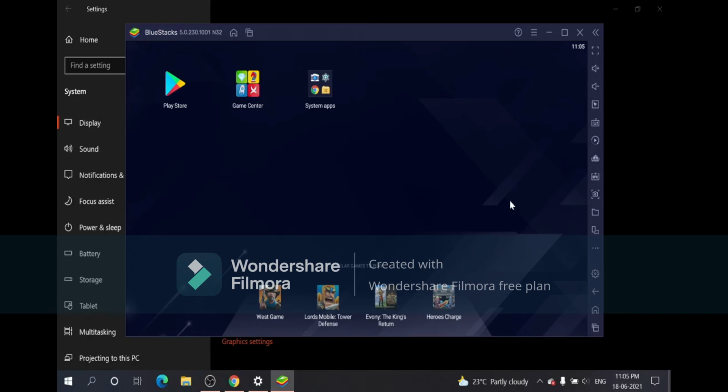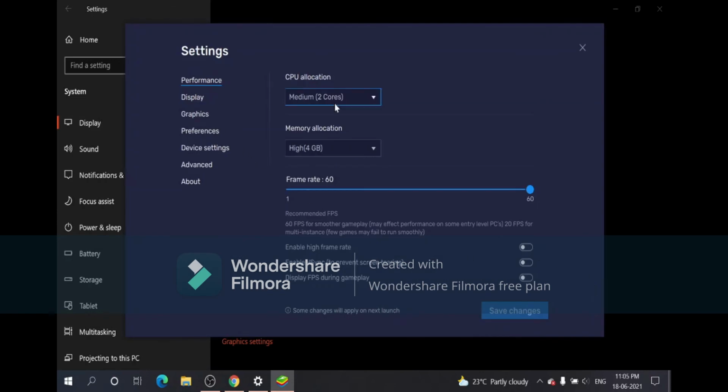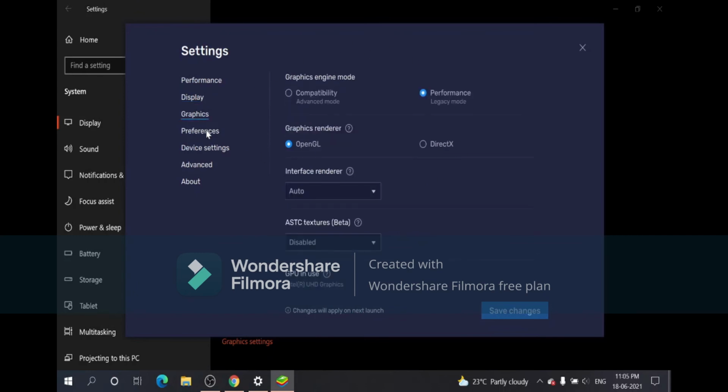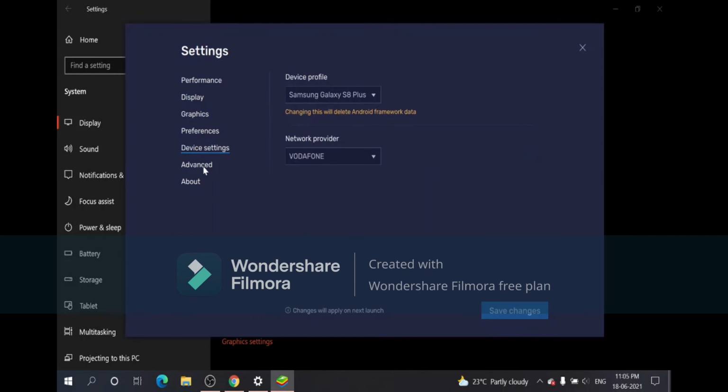So it has loaded up right now. So just go to the settings and check everything. Mine is correct. You can see right here. If you want the best performance for the device profile, you should go to device settings, press on the Samsung Galaxy S8 Plus, and press on the Samsung Galaxy S20 Ultra.